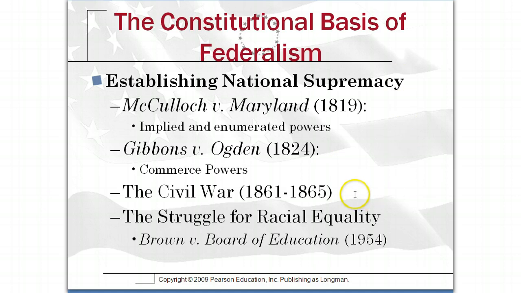Also, in the Civil War, the states tried to say that they should have the say, but the Civil War was won by the Union, so the national government remains supreme. And also, the battle for racial equality has emphasized how the national government is supreme. Different states wanted to be able to discriminate against minorities, denying them access to jobs and schools and things like that. But the Supreme Court ruled in Brown versus the Board of Education that states could not use separate but equal anymore, and emphasized that the national government had a national standard against discrimination. So all of these things establish that our national government is supreme.